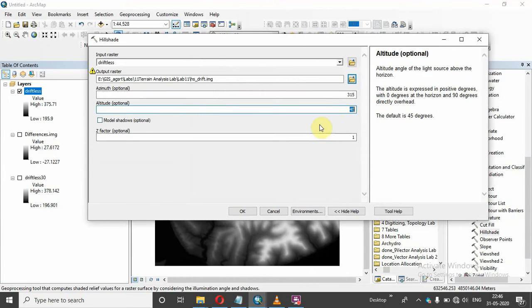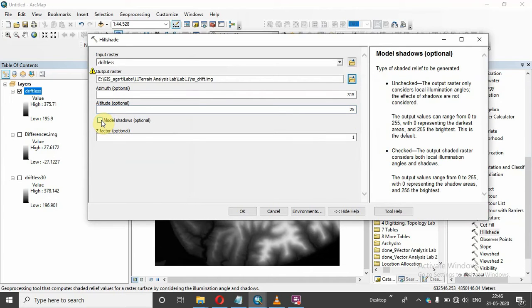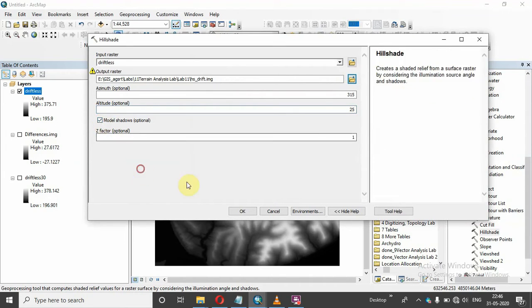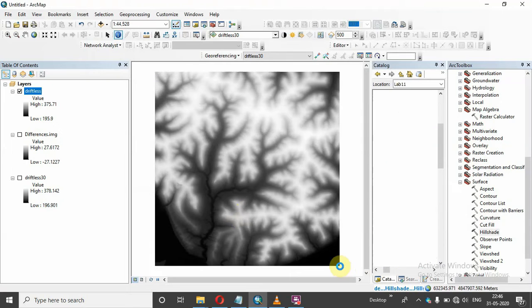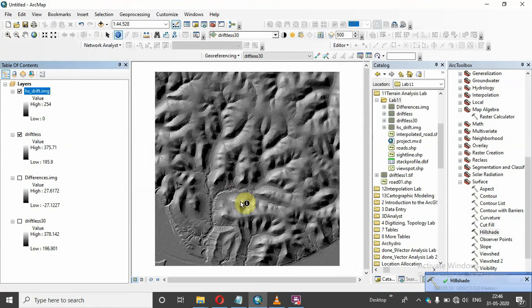Then give the altitude as 25 to get better contrast, as the angle of light will be 25. Then check Model shadows. If it's unchecked, check it, then OK, and you will get this hillshade of the Driftless DEM. It gives a little bit of a 3D look.